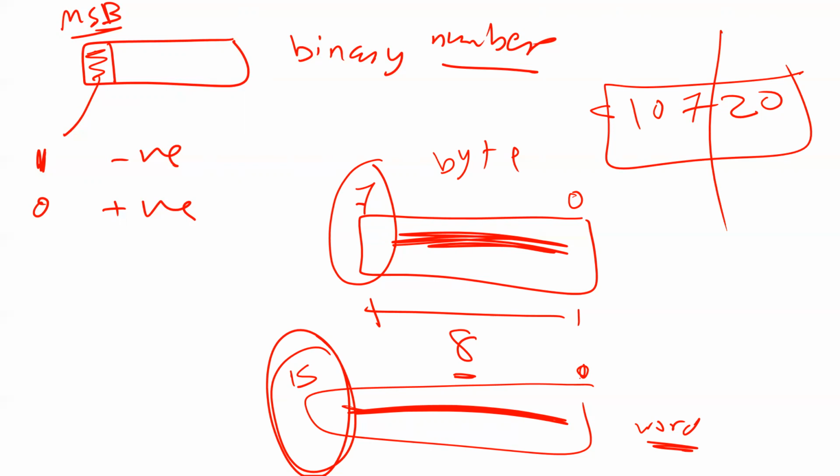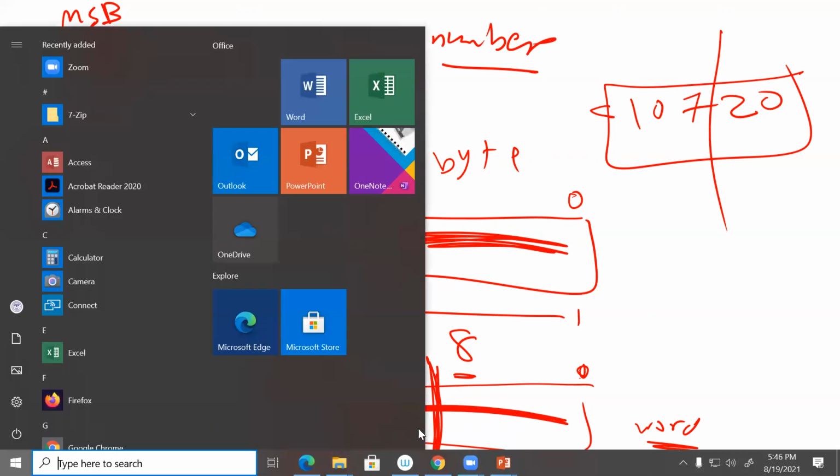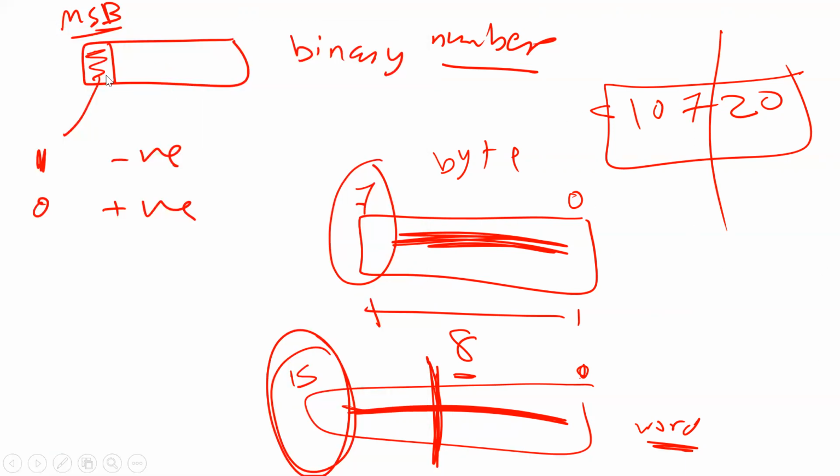Anyway, you should understand this one, because this is 2 bytes. Yeah, they are 2 bytes, but that doesn't mean it's 2 pieces of information, 2 different data. No, it's just one piece, pressure, voltage, whatever. You cannot split it. So is that clear now? If the number is a byte, you have to look at bit number 7. If bit number 7 is 1, it means it is negative. If it is 0, it is positive. If you have a word, you have to look at bit number 15, the most significant bit. Same thing. If it is 1, negative; if 0, it is positive.